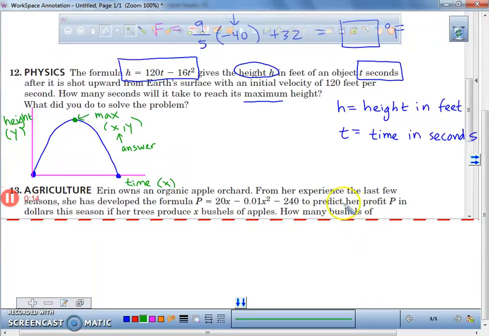Anybody want to guess what that new equation is going to be? What does h represent? H represents our what value? 1. So put y equals 120, but instead of t, what are we going to put in the place of t? X minus 16x squared. So what I'd like everybody to do right now, after you write that down, take that equation,